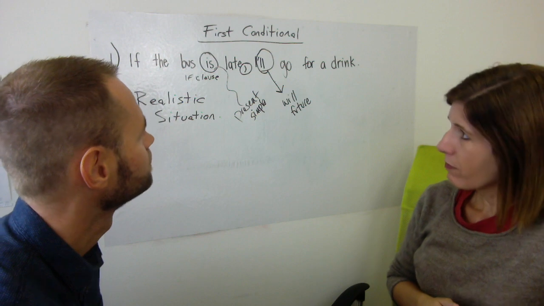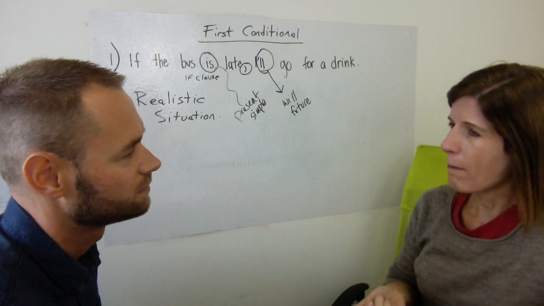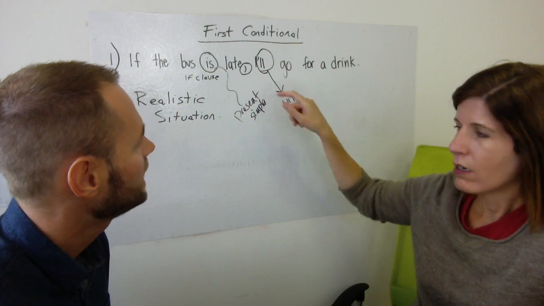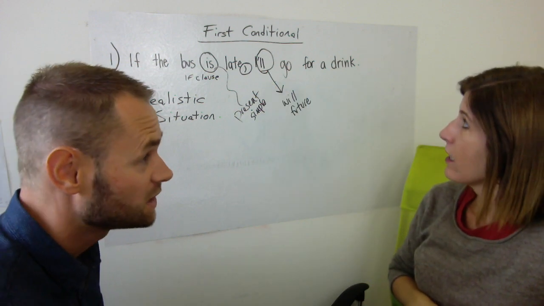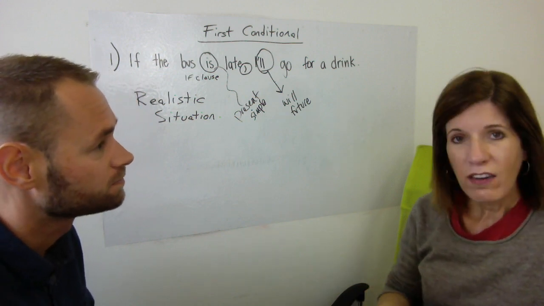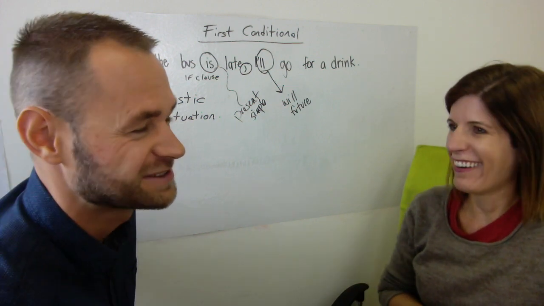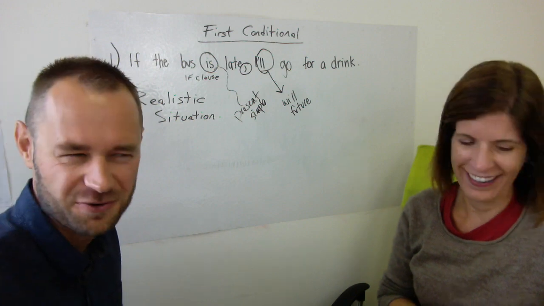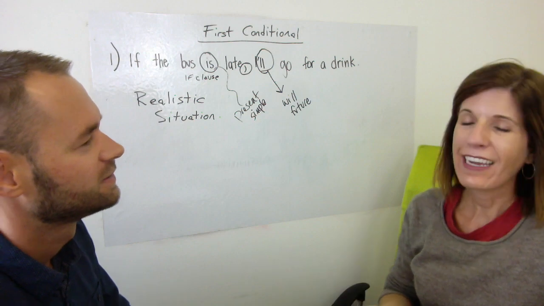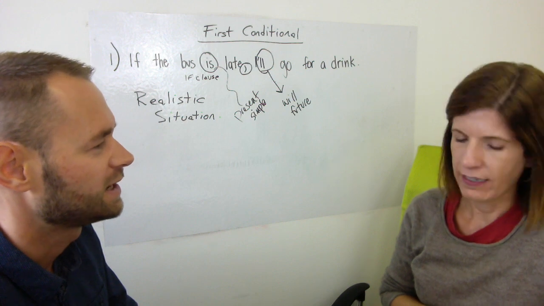In its written form. Okay, now there's a couple of variations that you could use with this. So we could use some modal verbs. So instead of this one, we could say I may, or I can as well. So if the bus is late, I may go for a drink. Not quite sure, but I may. We'll see what happens. Depends if you're in Britain or not, really. I think if you're in Britain, you probably would say, yes, I may go for a drink. But I think most people would say can. Or something like, if the bus is late, I can just walk home. That's very common, isn't it? Exactly.